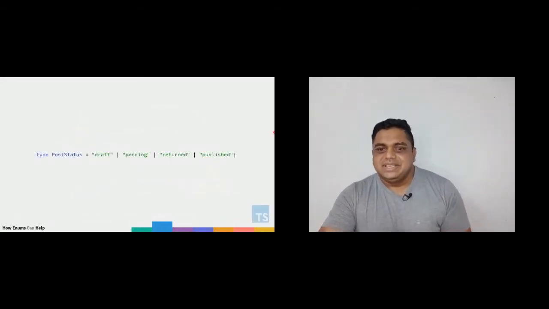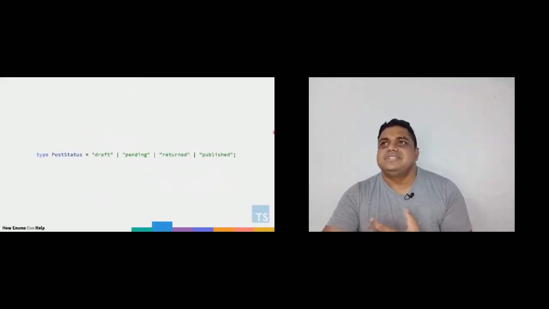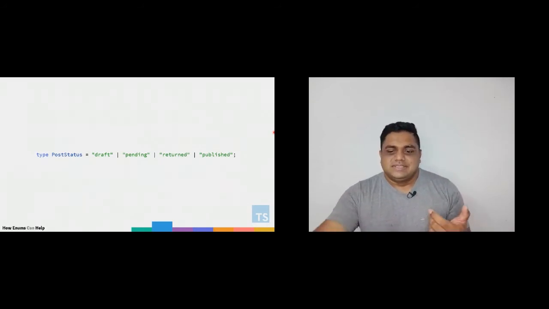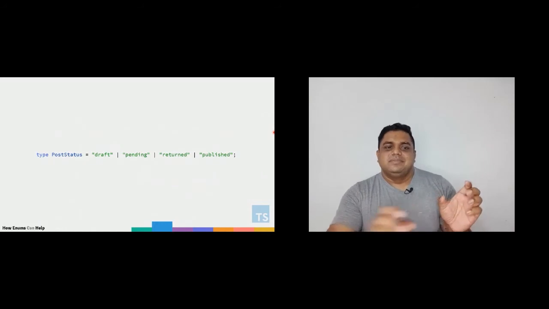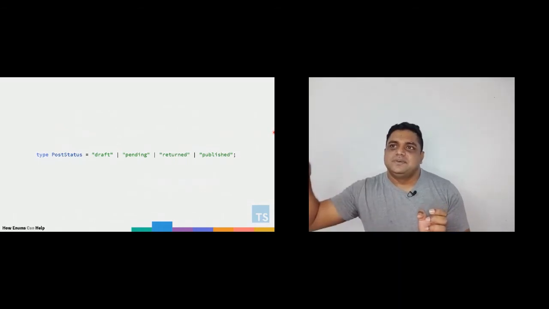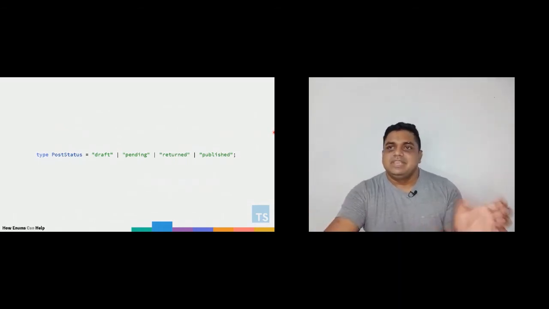In TypeScript, a very nice thing I like about TypeScript is that you can create a new type. This is one thing we cannot do with PHP. We have union types, but we cannot create a new type with a name. So with TypeScript, I'm going to create a new type called PostStatus, and it can contain any of these 4 string values, and we give it a name.